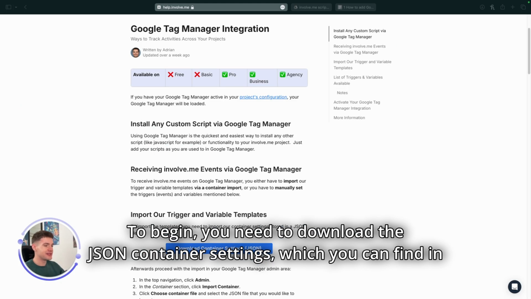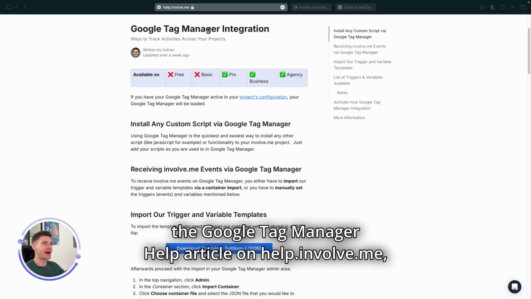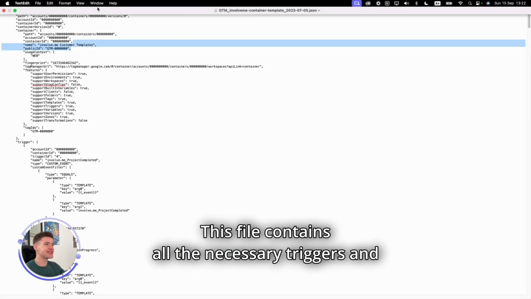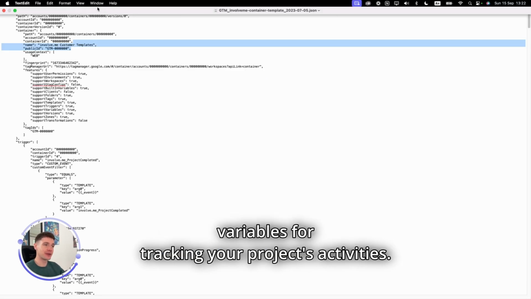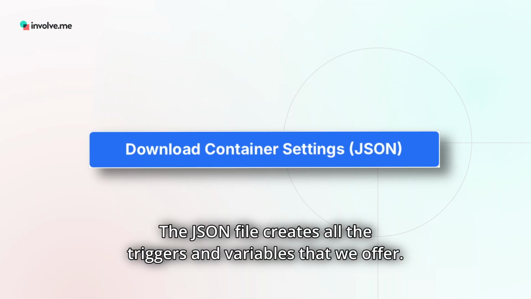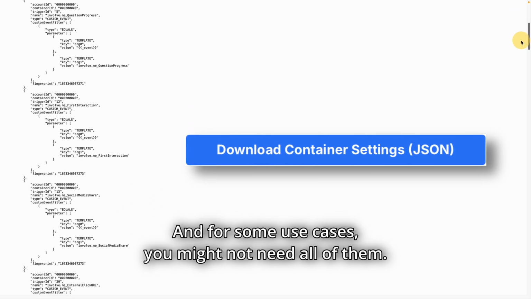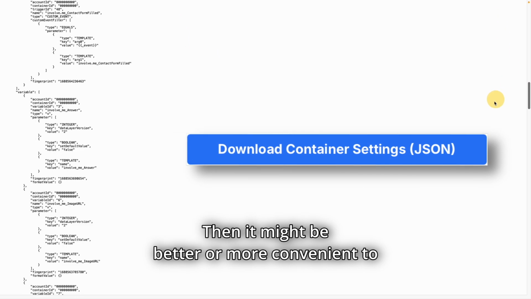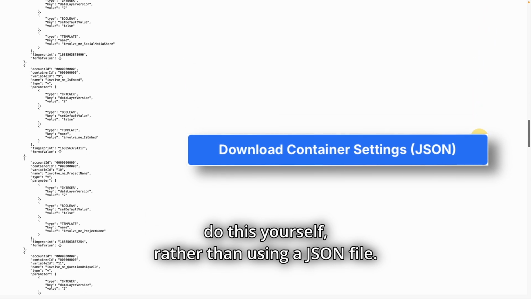To begin, you need to download the JSON container settings, which you can find in the Google Tag Manager help article on help.involve.me, or you can find the link in the description below this video. This file contains all the necessary triggers and variables for tracking your project's activities. The JSON file creates all the triggers and variables that we offer, and for some use cases, you might not need all of them. Then it might be better or more convenient to do this yourself rather than using a